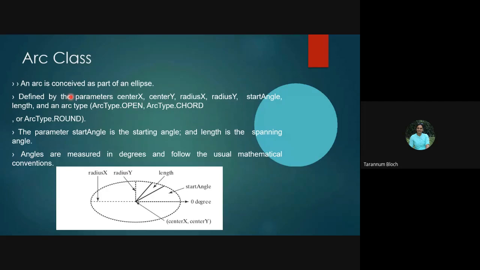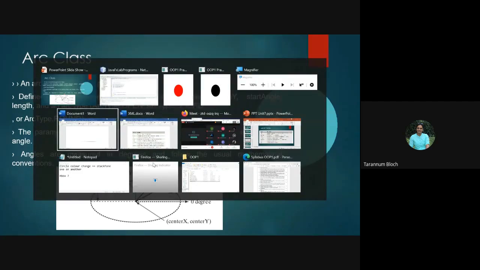Suppose you want to draw a half ellipse, like a pizza triangle you want, right? So it's arc, right? In that case, we will keep on adding the arguments. So we will have center x, center y, radius x, radius y as well. We will have starting and ending angle for arc. These angles are usually measured in degrees. So we know that we have the degrees starting from 0 to 180. You can give any valid degree from where you want to start the angle, start angle and end angle. So this is about arc.